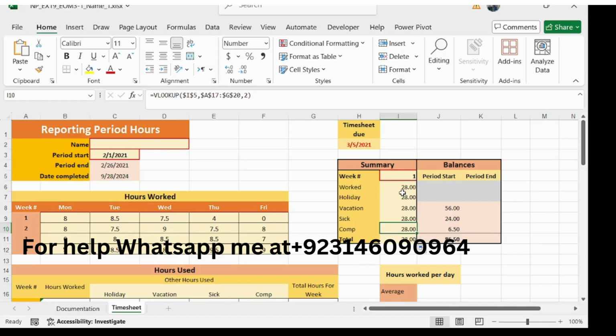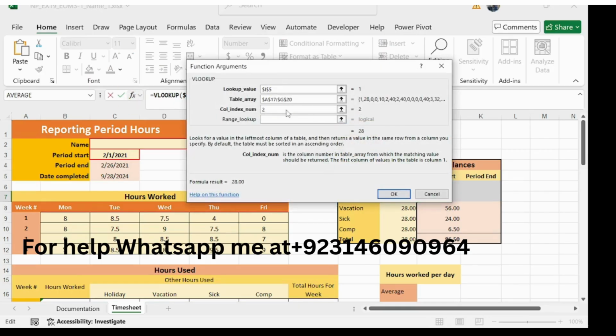So now we need to edit the formula in cell I7. This is cell I7. Go to the function arguments, change the 2 to 3 and click OK. In cell I8, edit the formula, change 2 to 4 and click OK. In cell I9, change 2 to 5 and click OK. In cell I10, change 2 to 6 and click OK.